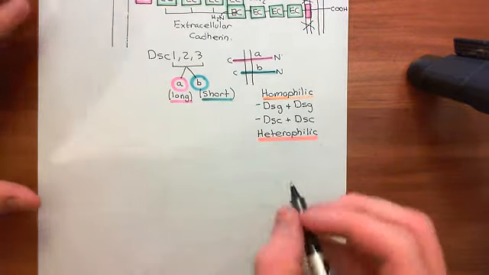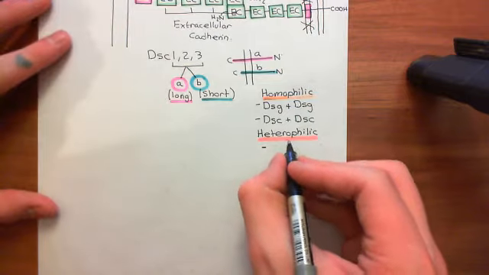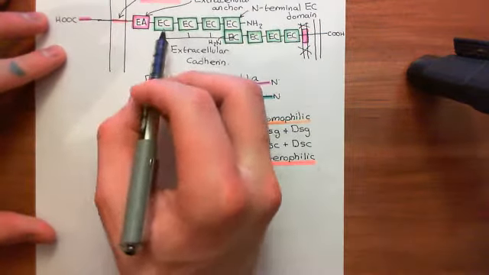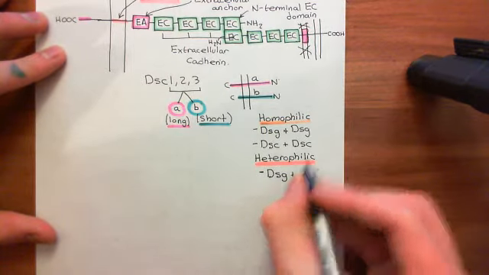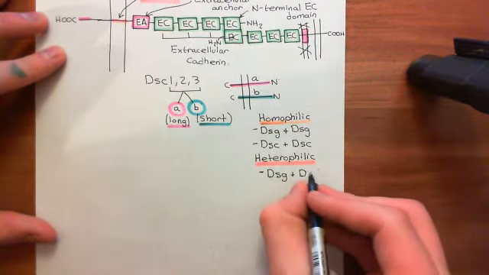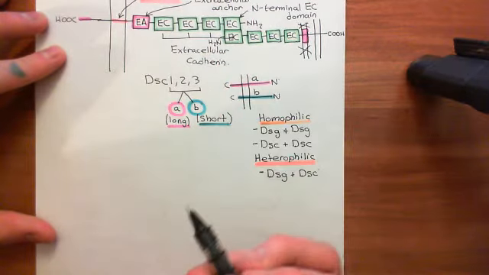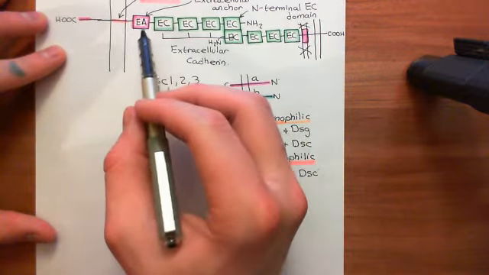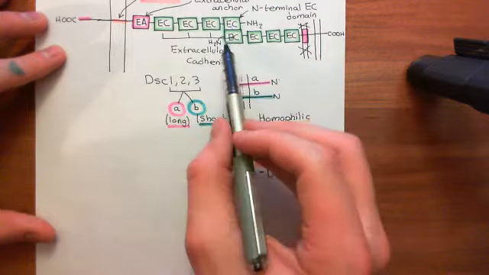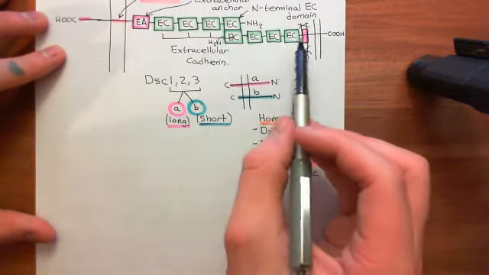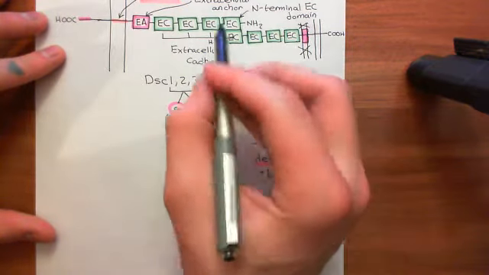So in heterophilic interactions, number 1 might be a desmoglein, and then number 2 will be a desmocolin, or it could be the other way around. This could be a desmocolin and this could be a desmoglein. To give an example, we could have desmoglein 2 here, bound to desmocolin 1A, let's say. And that would be a heterophilic interaction because the two